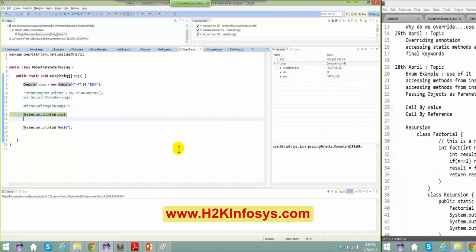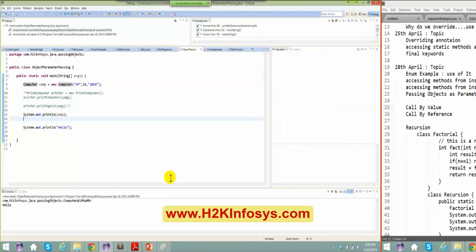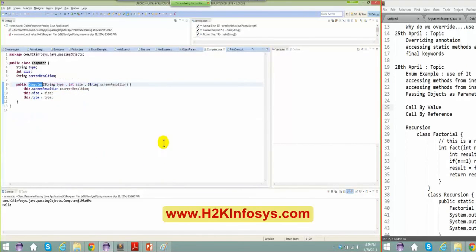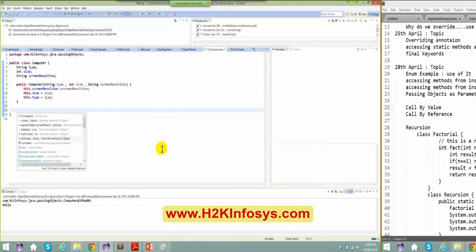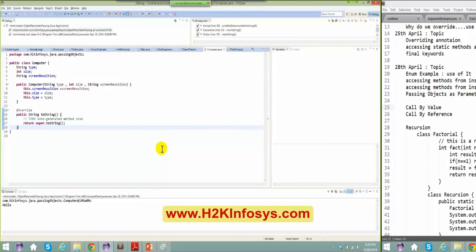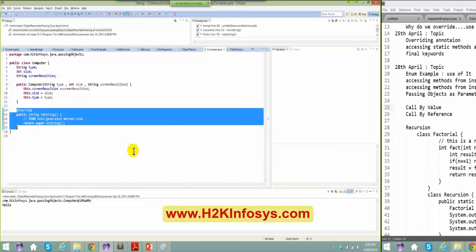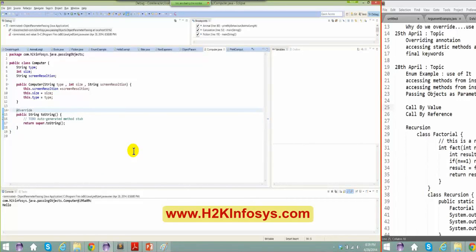Now let me close this. What do I do in that case? Go to the computer class, and there is already a method which you have to override. I'll tell you one important concept here once I teach this. If you remember in our previous sessions, we have overridden methods. In your super class, you have a method, and